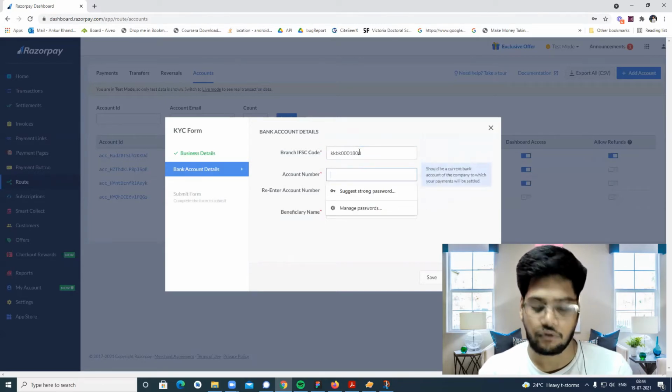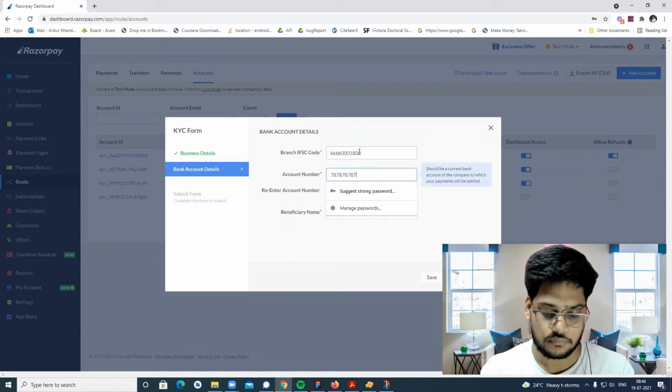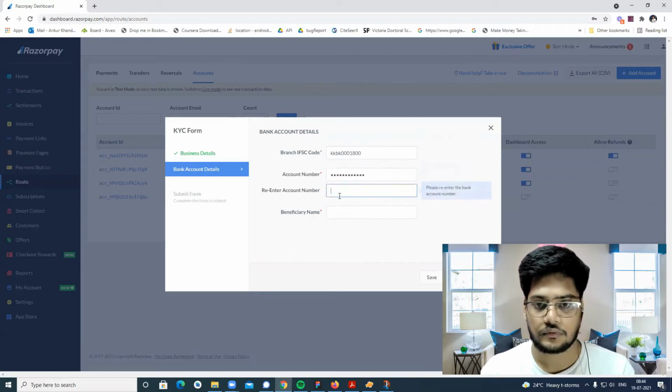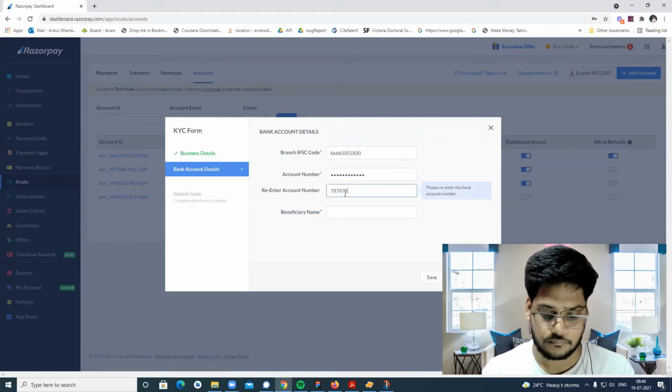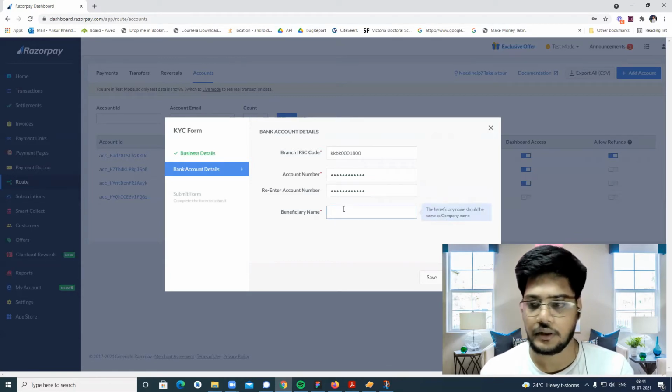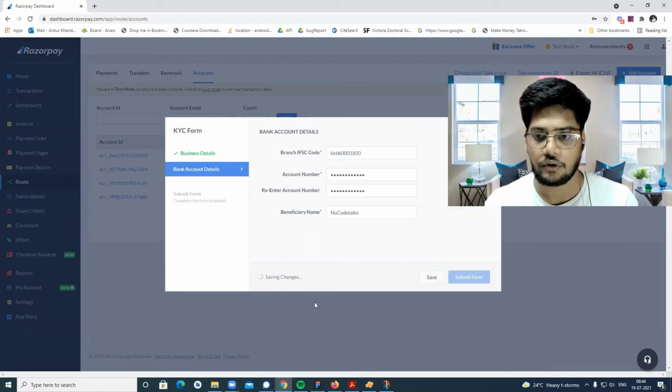Yes, done. Account number. Beneficiary name, for example, Moscow Box. And click on the save button.